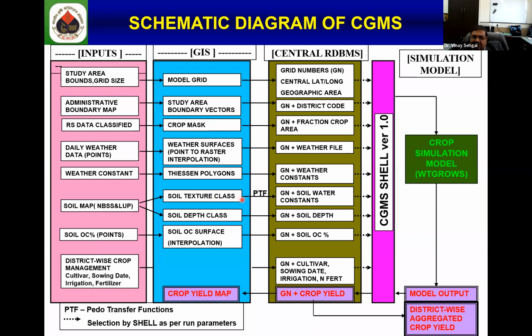So from soil texture class, applying some pedotransfer functions, we calculated soil water constants because these are needed by the crop model. Then similarly, for each grid, what is the average soil depth? For each grid, what is the organic carbon content? For each grid, based on which district it is in, what is the dominant cultivar? So cultivar properties, what could be the median date of sowing, what are general practices of management of irrigation and nitrogen. So this all comes into that, and then there is an interface program which for each grid runs this